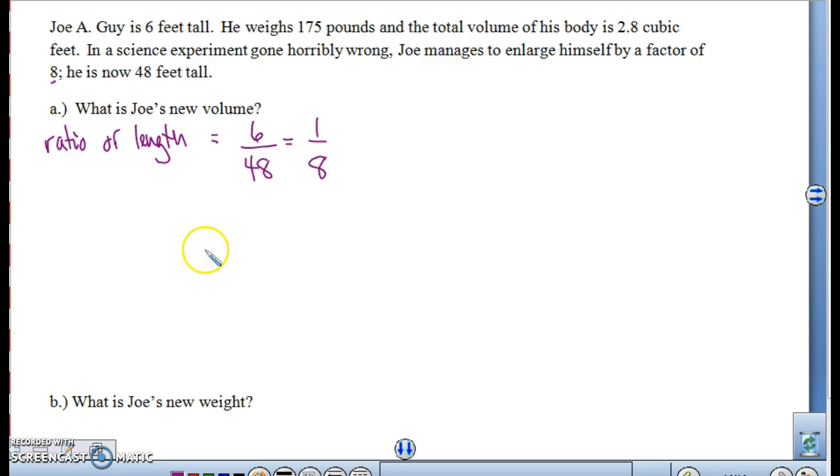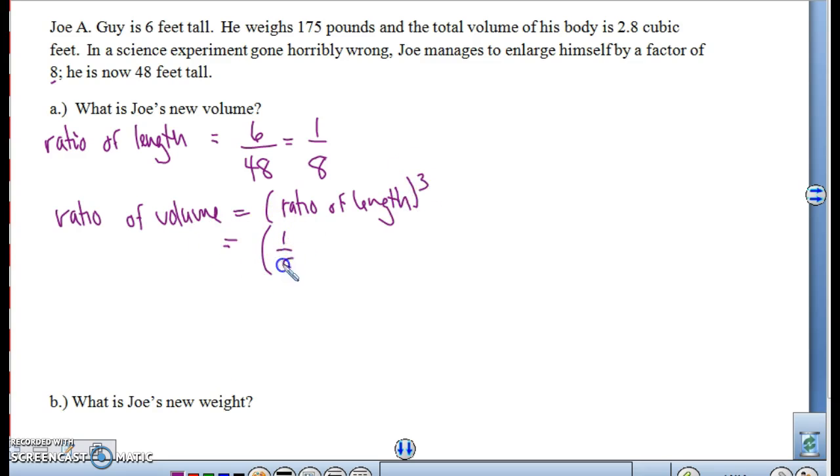Well, how does volume compare to just length units? The ratio of the volume is going to be the ratio of the length cubed. So the ratio of the volume is going to be 1 to 8 cubed, and that's going to be 1 to 512. So his volume started out, whatever he has, is going to be a multiple of 512. So if we set up the ratio 1 to 512,